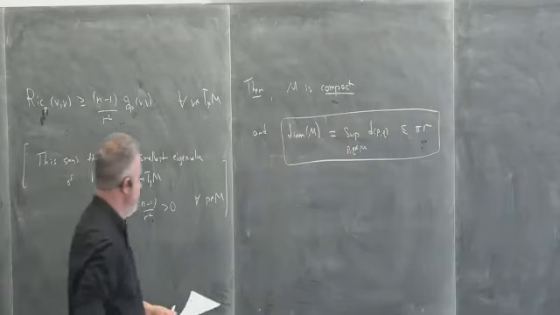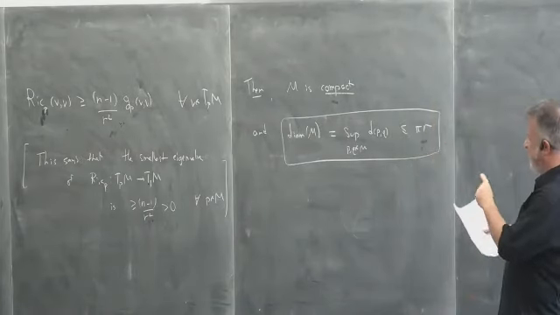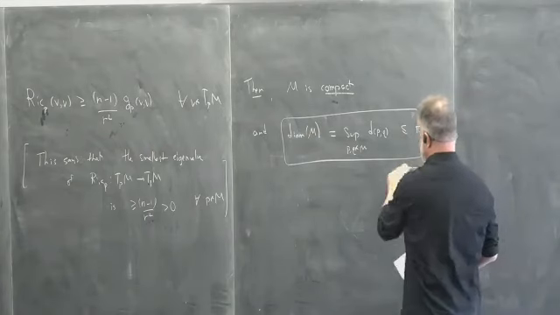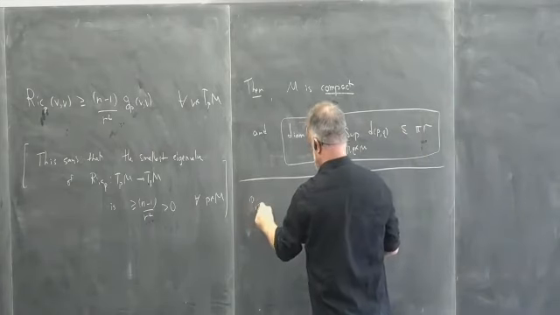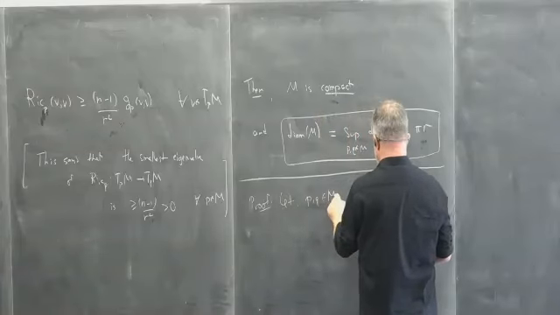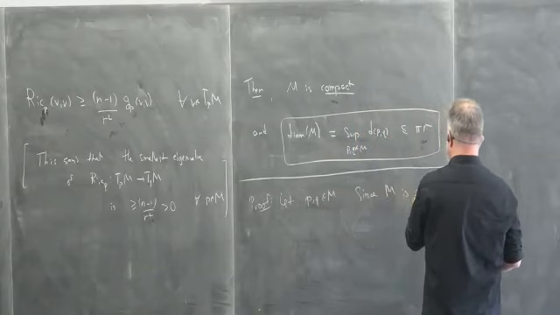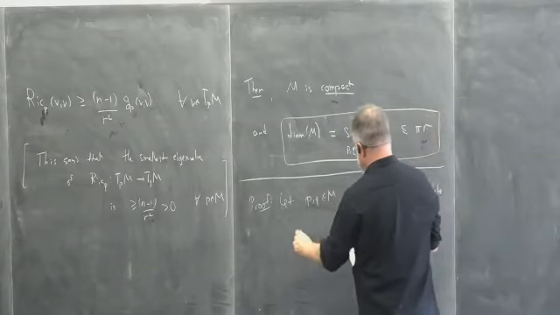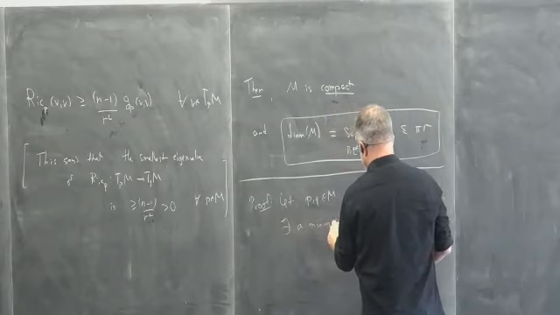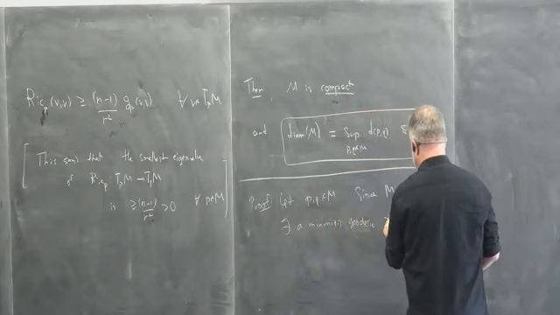Okay, this is a really cool proof. Basically, the first thing we're going to observe is that it's enough to prove this. So let P and Q be 2 points in M. Since M is complete, there exists a minimizing geodesic gamma